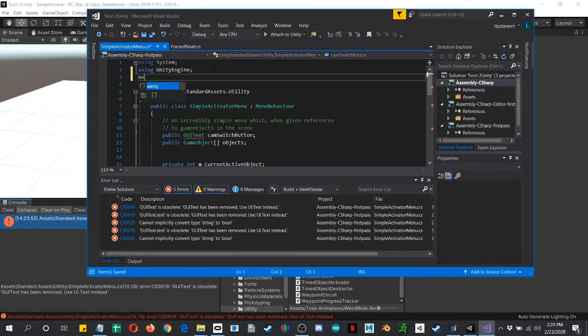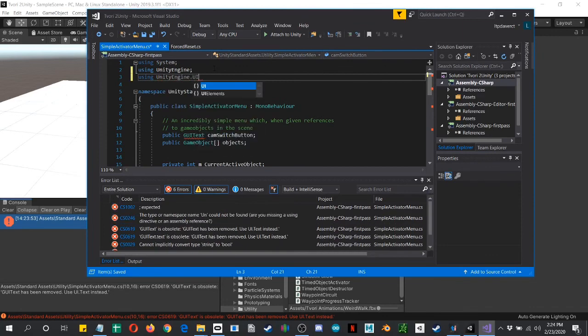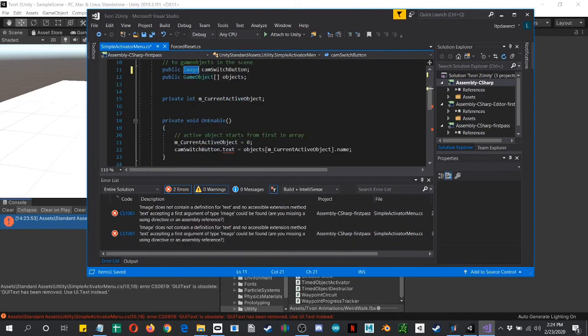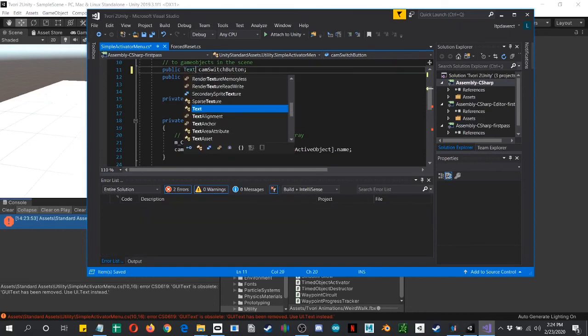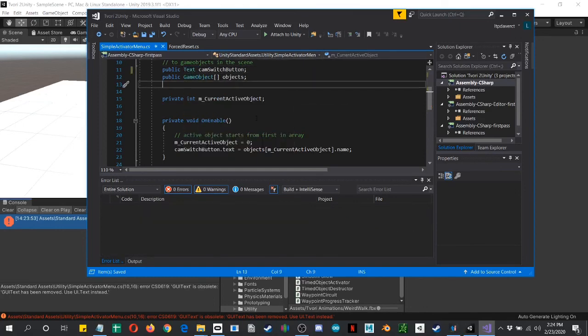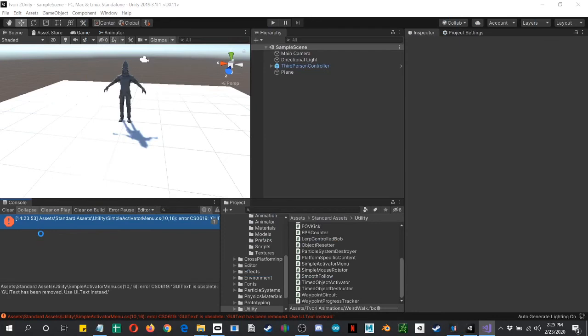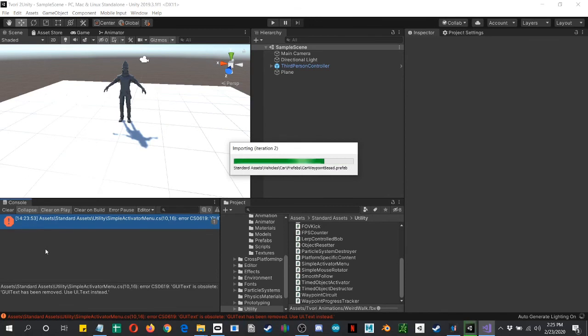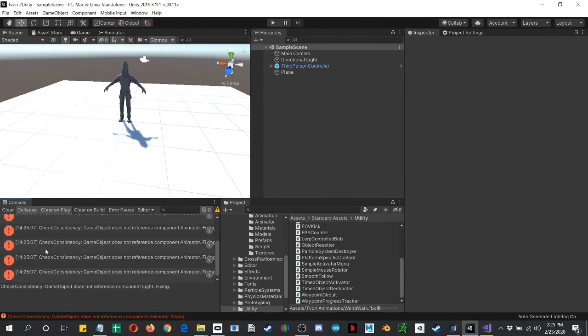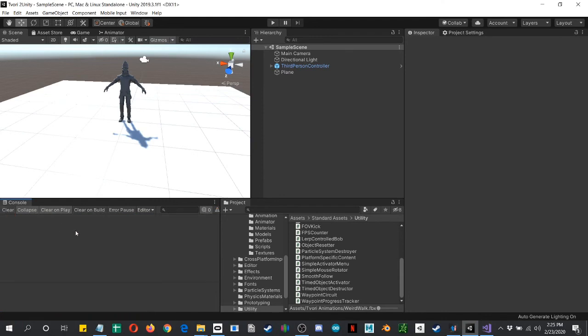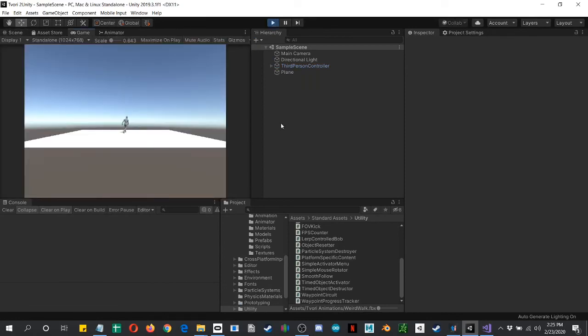Same thing again. Add an assembly reference, UnityEngine.UI. Oh, we need to use text instead, not image. Save that out. Come back here, let it recompile. Re-import. Let's clear these new errors and we're looking good. Let's do a test play, see if it has any issues. It doesn't. Look at us go. All right,